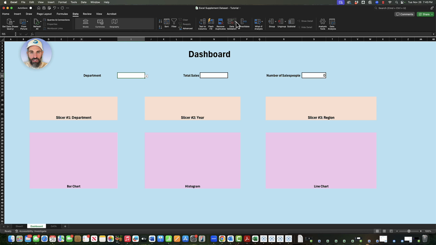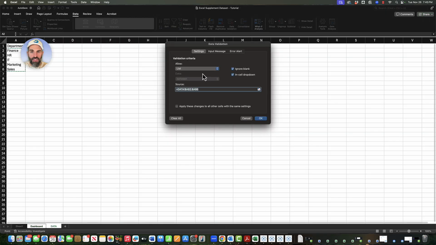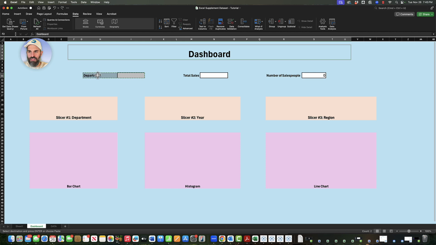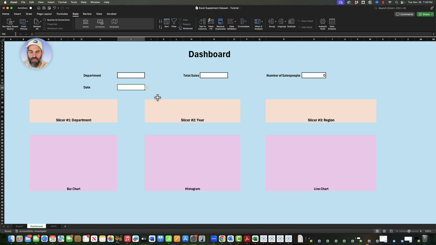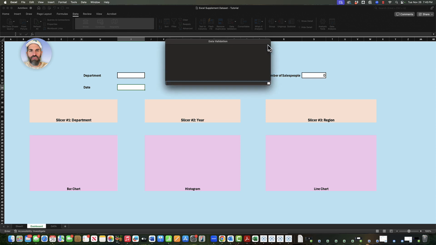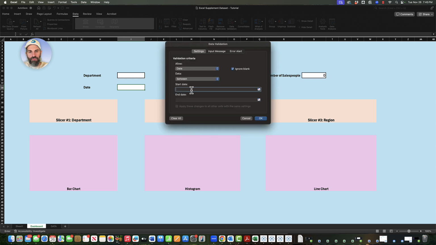So data validation, like I said, allows you to set requirements and prevent certain things in cells. I'll go off on a bit of a tangent here, but let's say you wanted a date here, okay? I'll put date. Well, I can set my data validation to only allow dates. And I can say I only want dates that are between, I don't know,